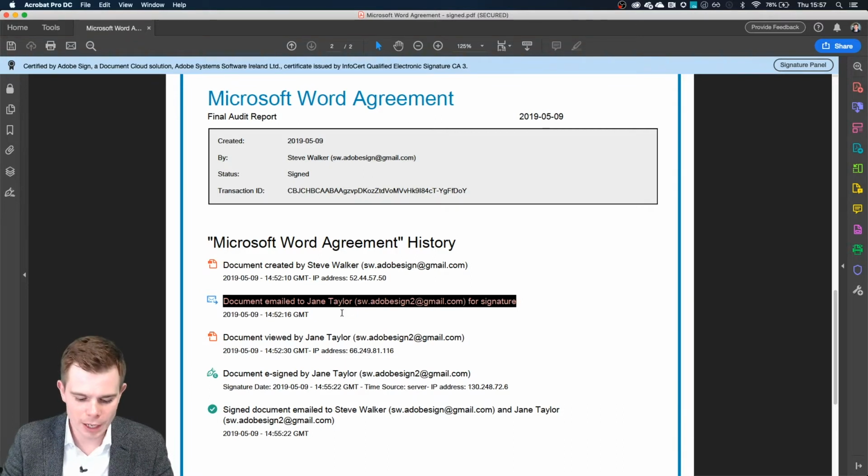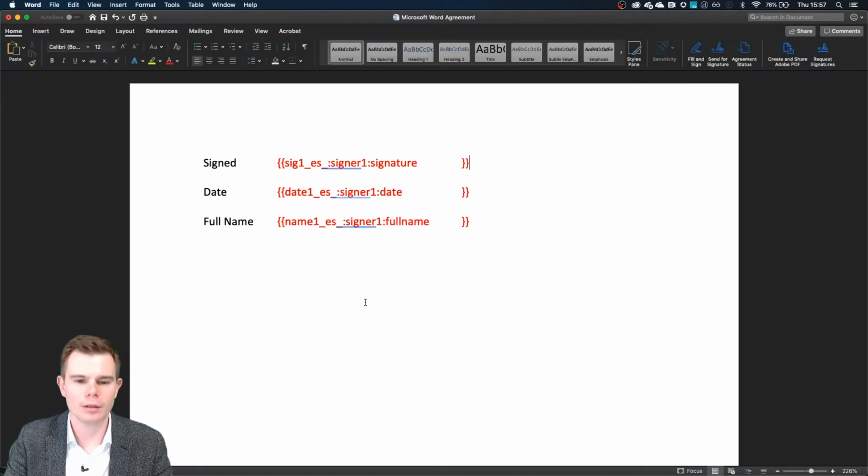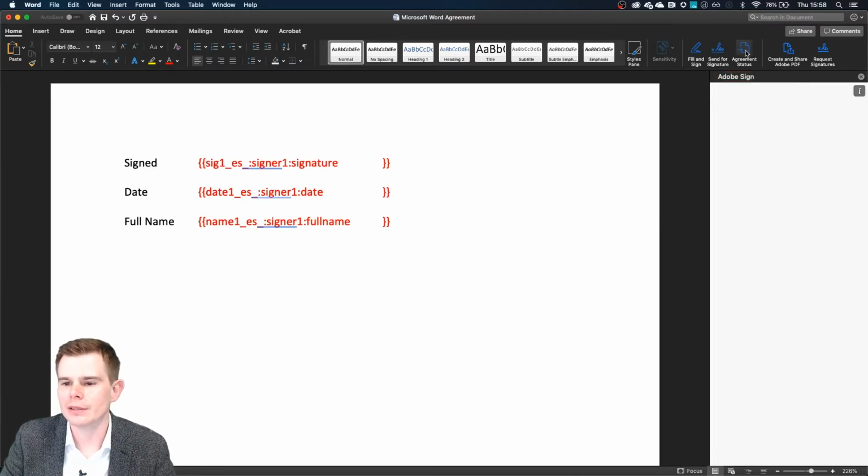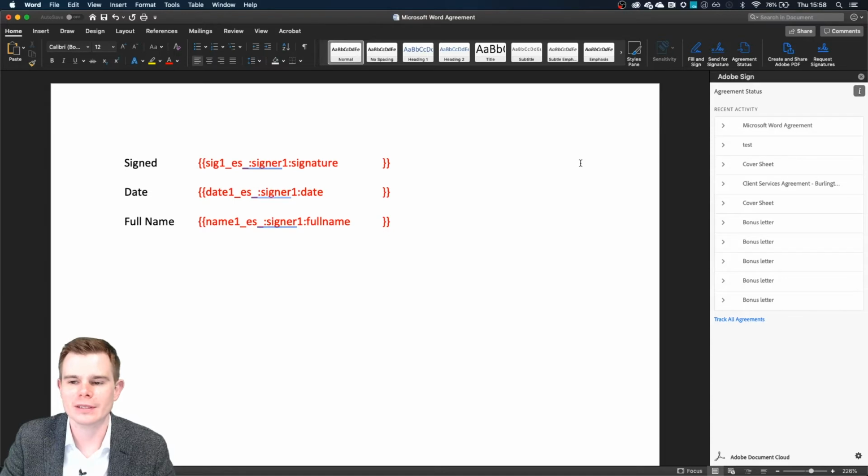But what I'll do is if I return now back to Microsoft Word, and what we're able to do from within Word without leaving Microsoft Office is we can track the status of an agreement. So if I hit agreement status, another panel will pop in with Adobe Sign here. And you can see this is everything that I've ever sent for signature here, or it's the 10 most recent documents that I've got here. And sure enough, at the top of the list here, we've got our Microsoft Word agreement that we just signed